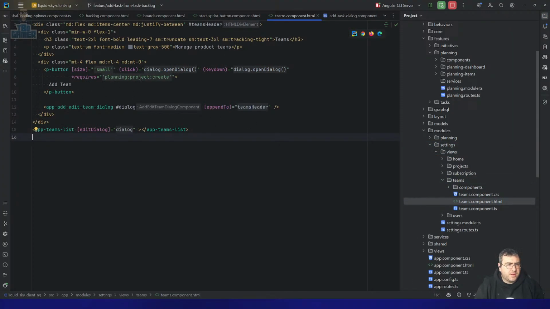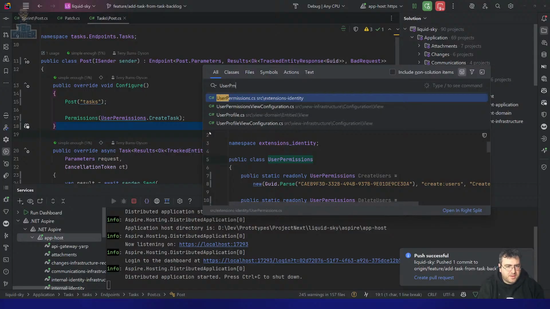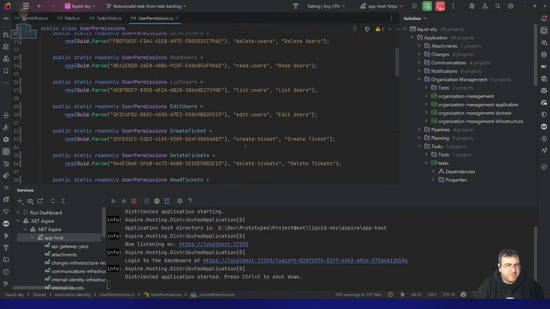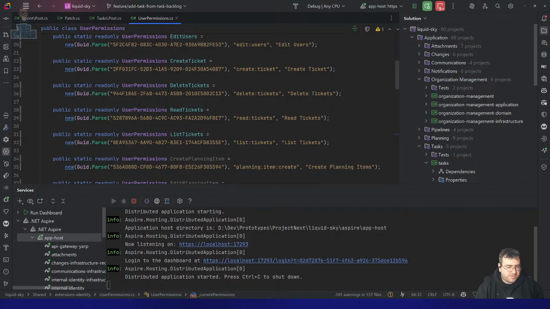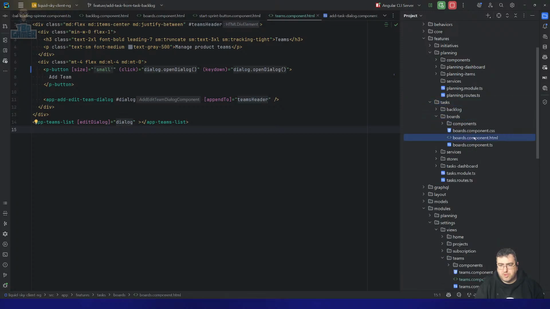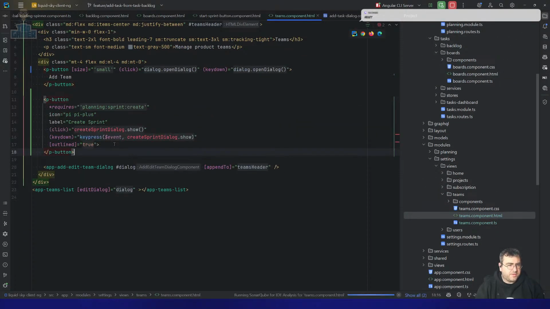so we have the header. Yeah, that's not behind a permission, I don't think. Let's just go check that. User permissions. Yeah, we don't have. Yeah, Teams is not behind that. I am gonna have to figure out a way of clearing out permissions as well. Yeah, that's not the same button, so that's just a disconnect with how that button is. So we go to planning items, planning, tasks, boards, Teams component. So that's